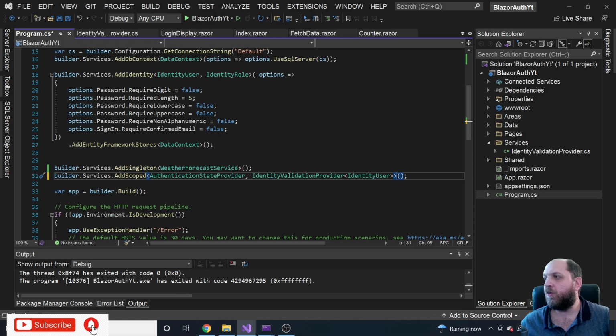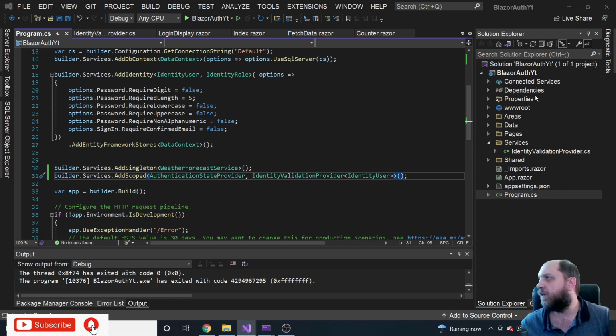Okay, so yeah, I guess it's very hard to see typos when also recording, but the problem was that we were missing the closing angle bracket here. And right now everything should be fine with that. But now there is one other thing that we need to make sure happens, and that's on